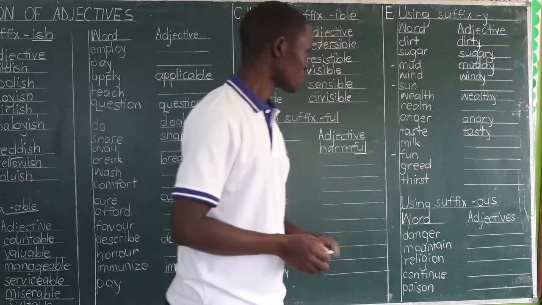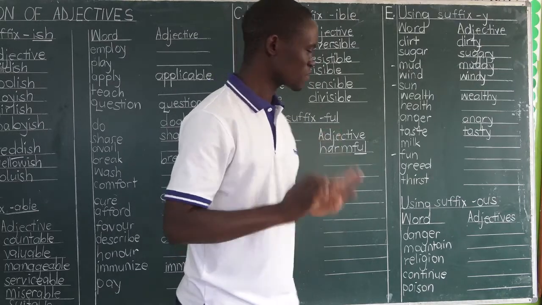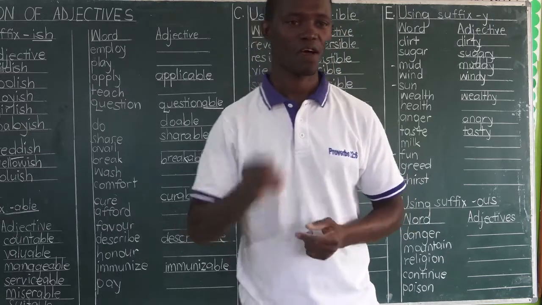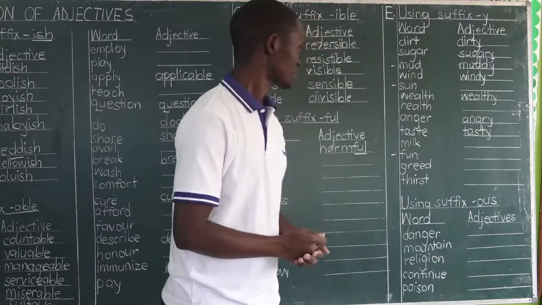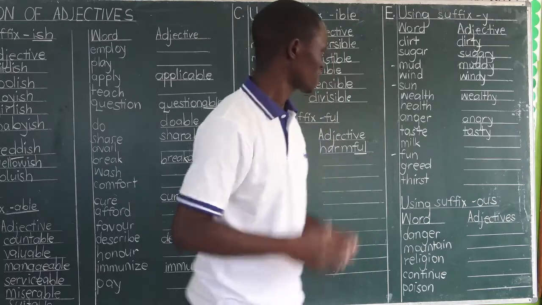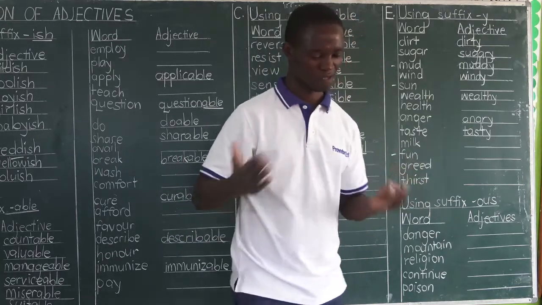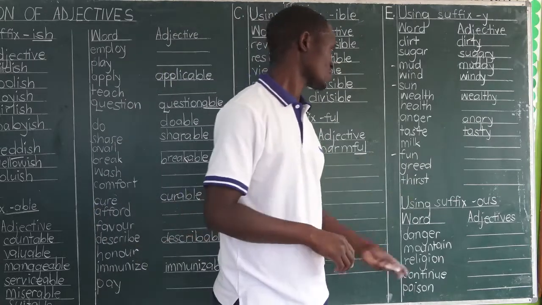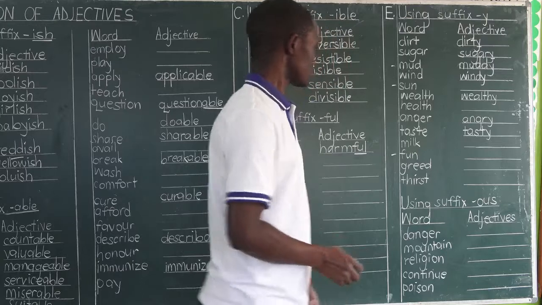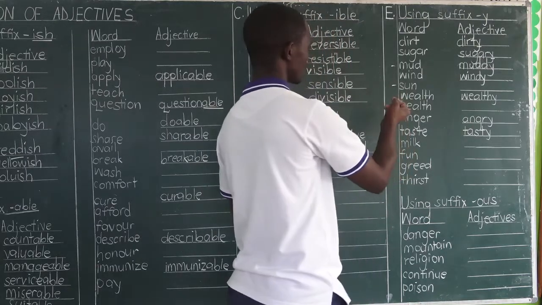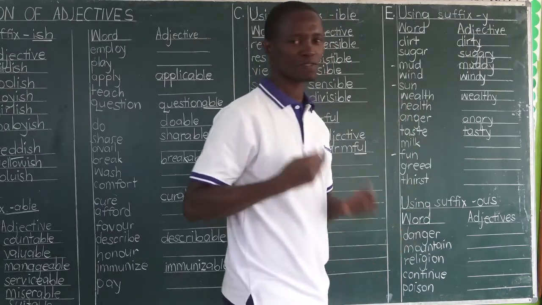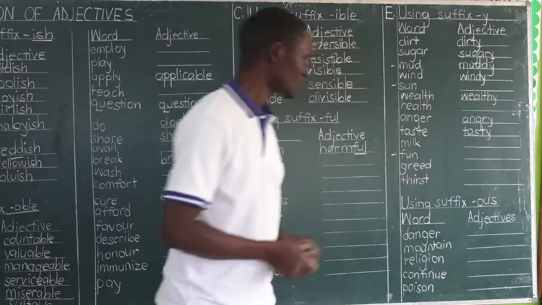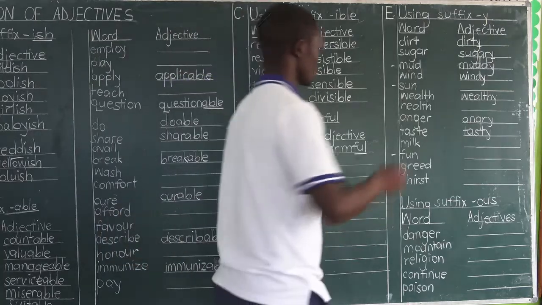Then milk is our next word. From milk, if you want to form the adjective, simply write the word milk and add y. Then milky. Milky water. Water that looks like it has the color of milk, kind of white. That's milky water. Fun. We say fun, sun, and mud are in the same category. The CVC category, where we double the last consonant before we add any other changes.